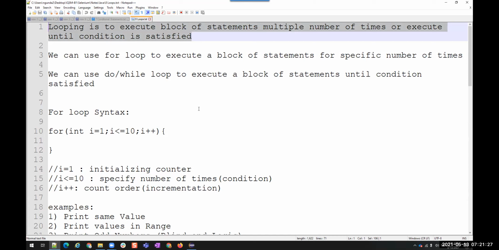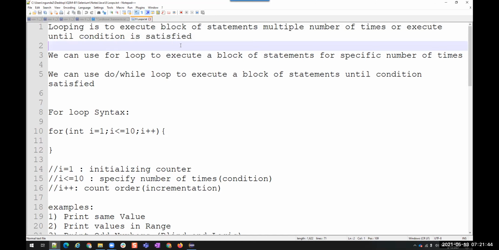If you have conditions like this should be in this range, or keep doing this until something is found, then you can go with these looping statements.